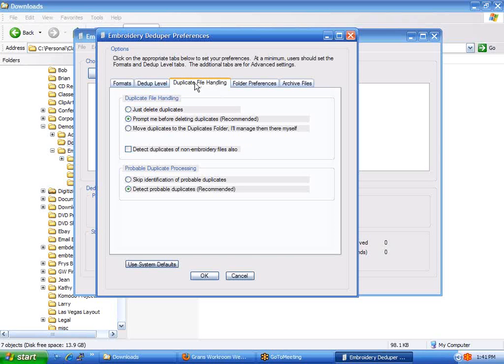Now, the next tab is the duplicate file handling tab, and there are a few different sections to this one. Under here, we notice the first option is just delete the duplicates. I'm not aware of anyone that actually uses this option, and I wrote this software, and I still don't use this option. I think it's a human thing that you just get warm fuzzies